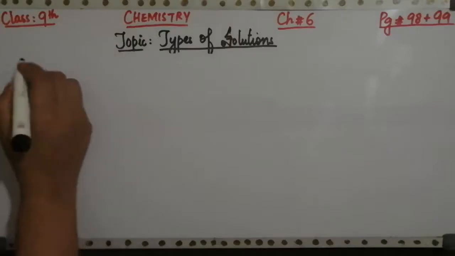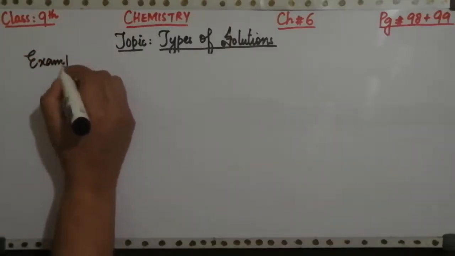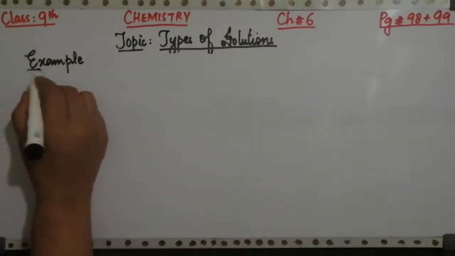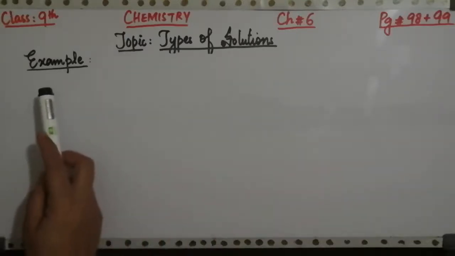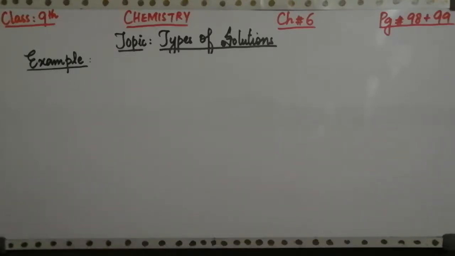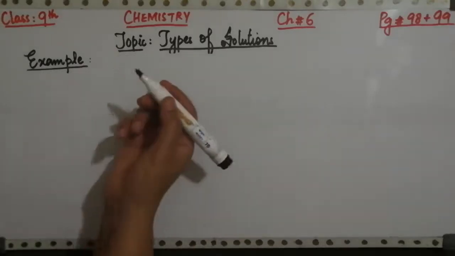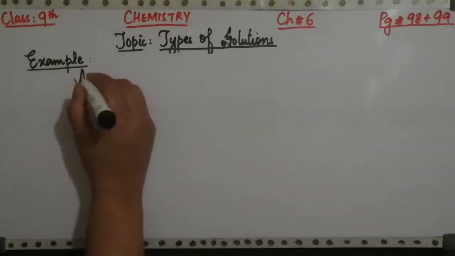The last heading of saturated solution is example. So you will cover the topic of saturated solution under 4 different headings. The first heading is definition, the second is preparation of saturated solution, the third is dynamic equilibrium, and the fourth is example. For this purpose I am going to take another salt and prepare a saturated solution of that salt. So a saturated solution